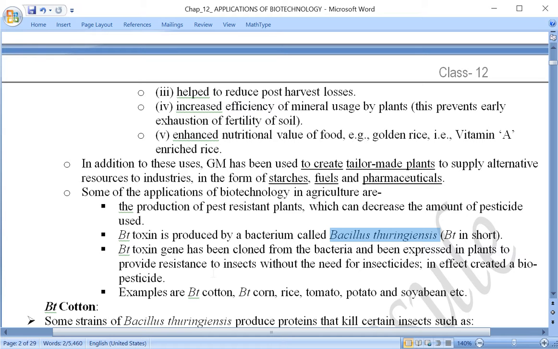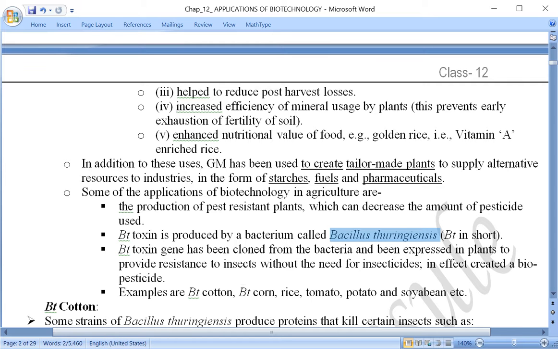As a result, when any insect pest enters and attacks the plant parts and feeds on them, this insecticidal substance is going to control their growth and multiplication, or let us say growth and reproduction, so that their population is controlled. Here we will be talking about BT cotton first of all, and then there are some other plants that have been inserted with this gene for production of this toxin. The gene was originally taken from the bacteria Bacillus thuringiensis.